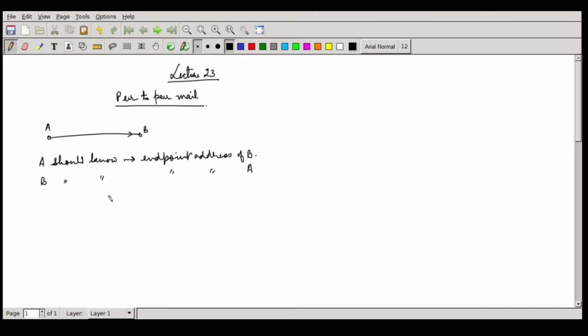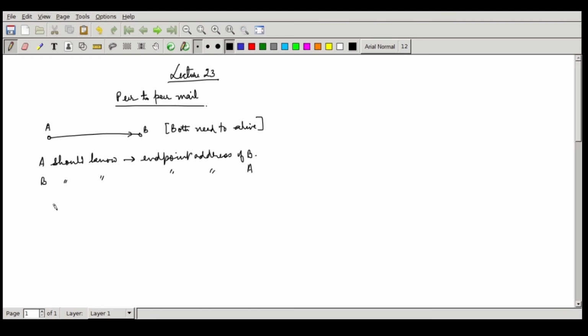But in this case, both need to be alive. Both are in the network at the same time, so they can talk to each other and pass on the message. But normally when I am sending a message, I just want to hand over the message to somebody even if the other endpoint is off. And whenever that person comes alive, he will get my message and know what I communicated. That's ideally the way mailing systems work.